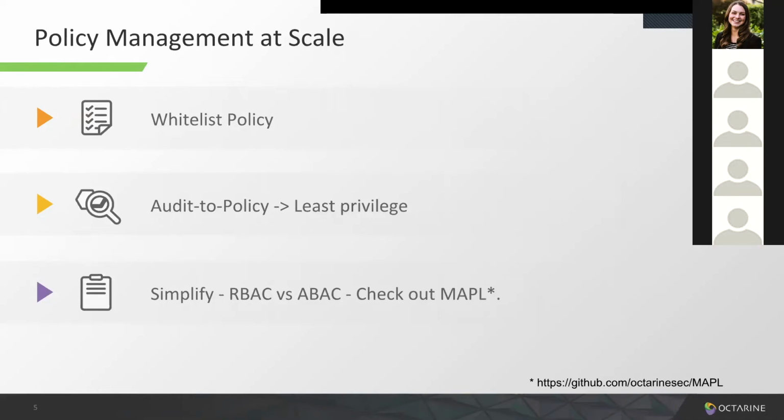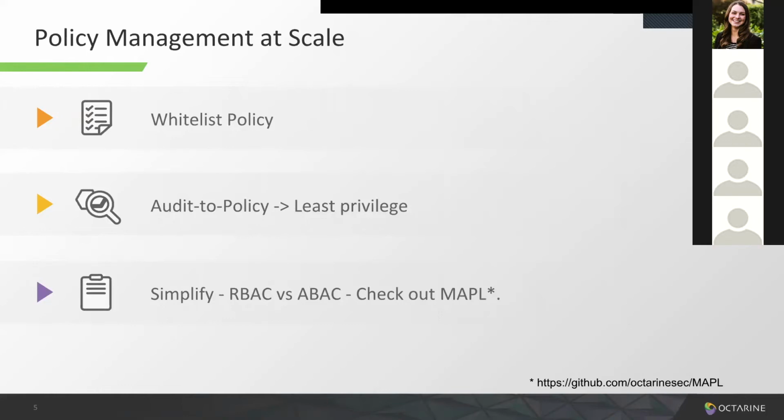Automation is also extremely important at this scale. You should have an automated process in place that constantly evaluates your actual access patterns and modifies your policy, your whitelist, to ensure that you still maintain least privilege at all times, because now you have services changing their behaviors and new services being deployed.